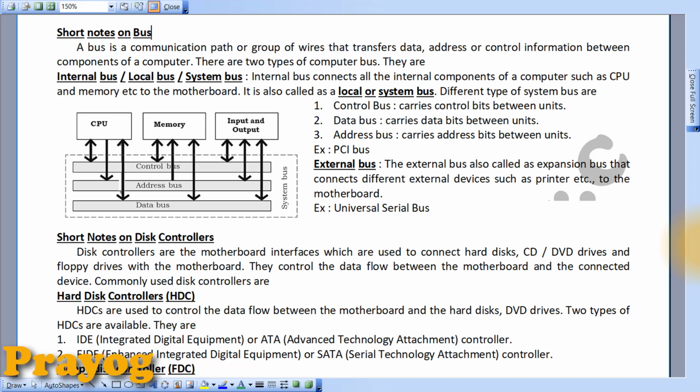Being a user, we specify its name, but internally that is virtually represented through its address. That means the address of the file has to be transferred to the CPU through the address bus.